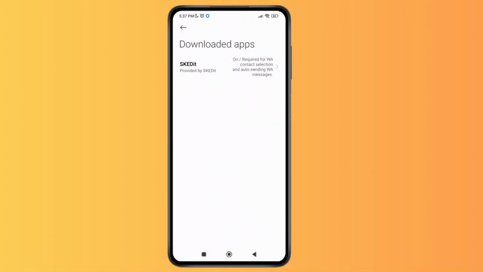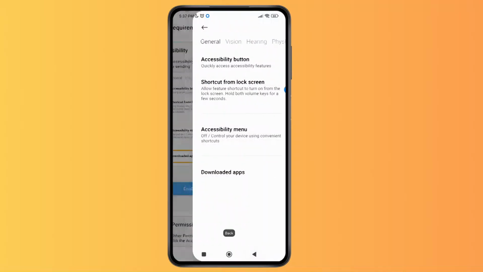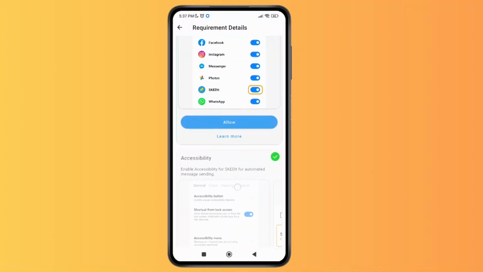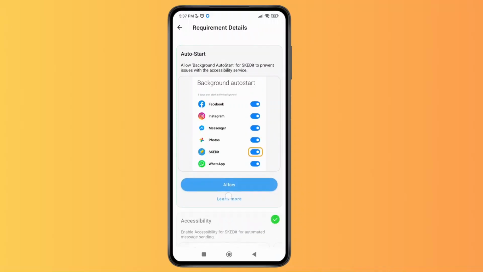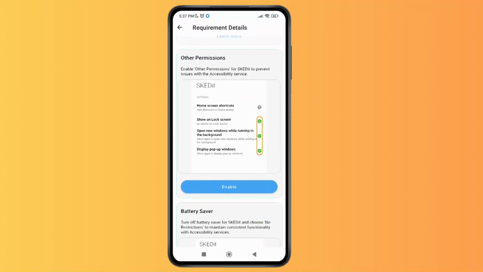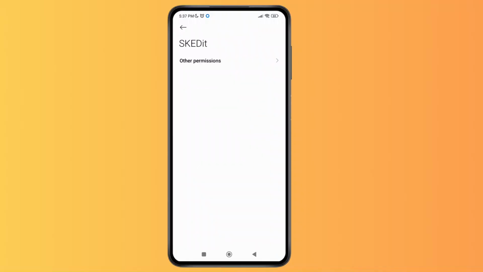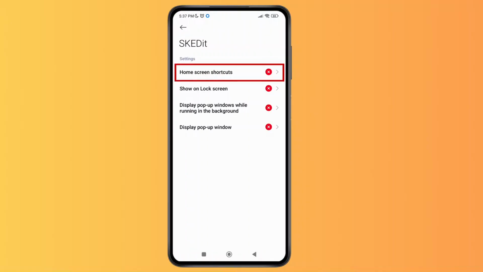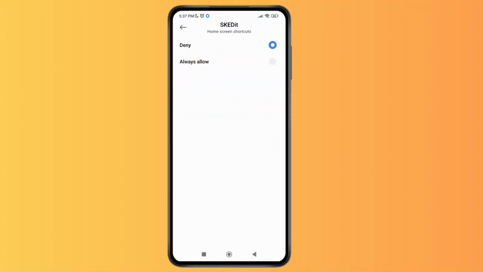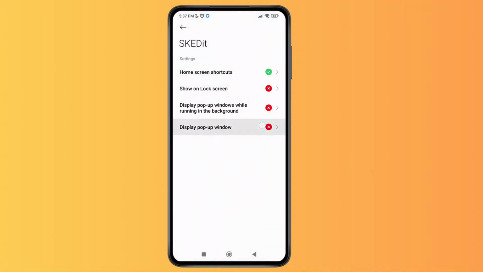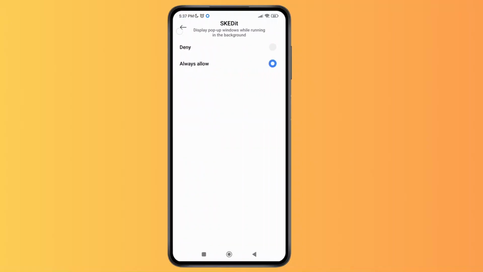As we do that, we can just go back and then select the option of allow over here for the background auto start. Tap on other permissions and enable it as well. Let's wait until the options pop up over here. Then tap on always allow, and do that for the other options as well. Go back